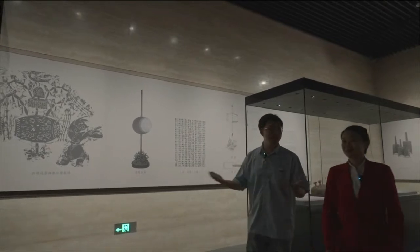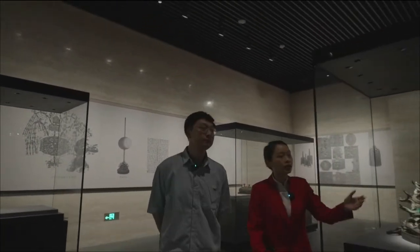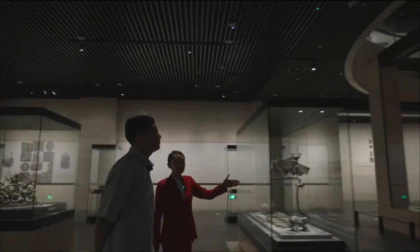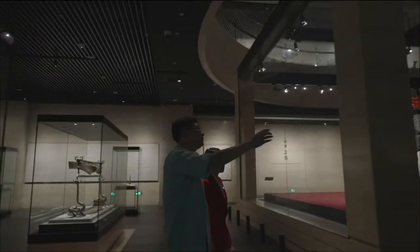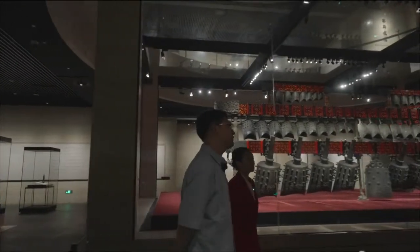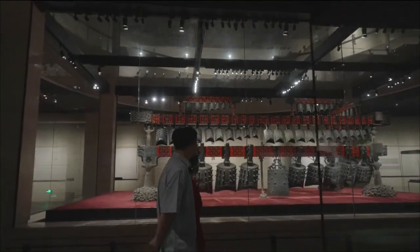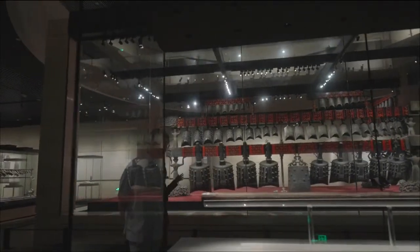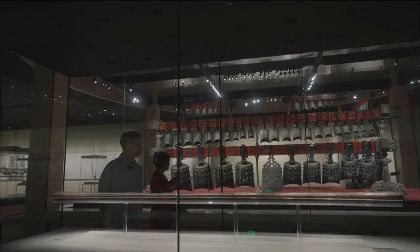Right. And is there any other relic you want to recommend? Yes, as we walk from here, we can see just behind the chime bells, a wooden stick. Oh, I see it. It's a long wooden stick. So what's the purpose of this stick? As we can see, the lowest part of these chime bells is quite heavy and huge. So at that time, people used this wooden stick to strike only the lowest part of